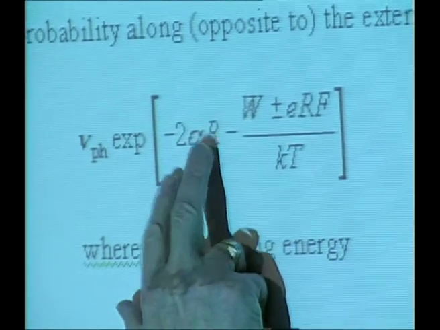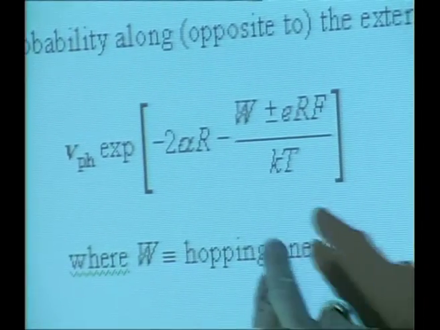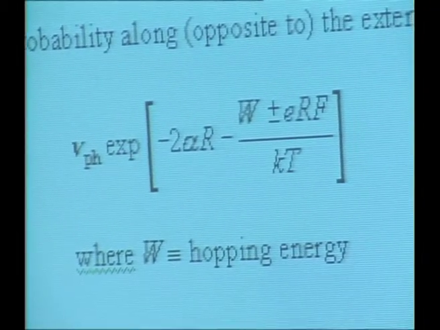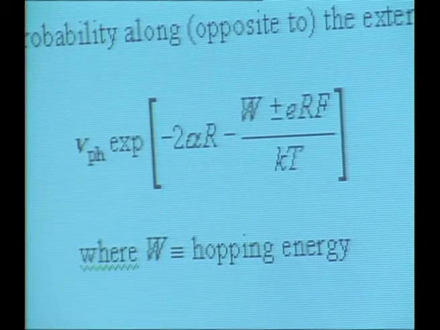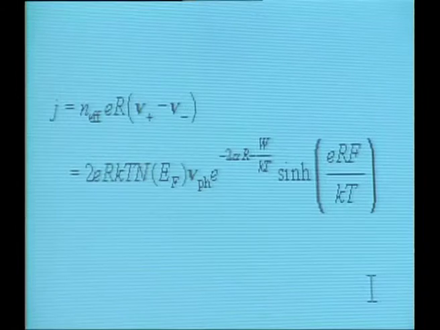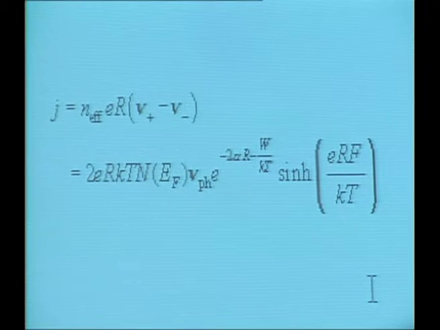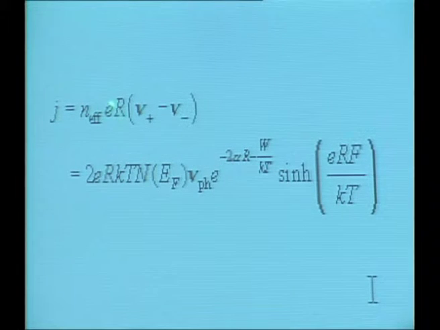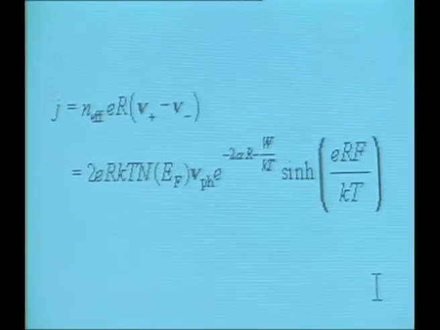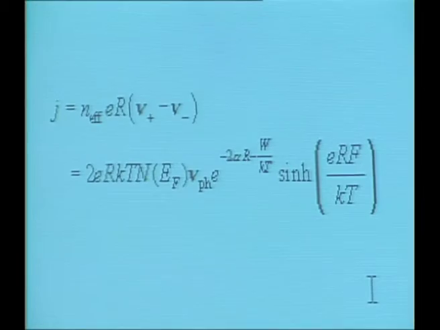The exponential tail of the tunneling and the hopping energy. And now let's put in an electric field to the right, and that's going to bias the hopping. So now you write the current. If this is the probability of the hopping, then how many electrons can hop? If they do hop, they go a distance r with this probability, and you end up then with an expression that looks like this, which is for small electric field. The hyperbolic sine is proportional to the field, and it begins to look like